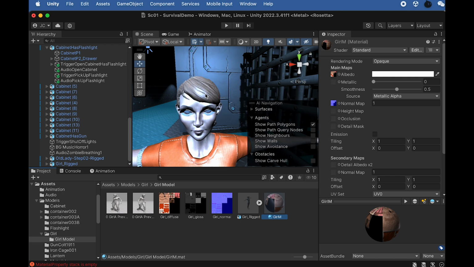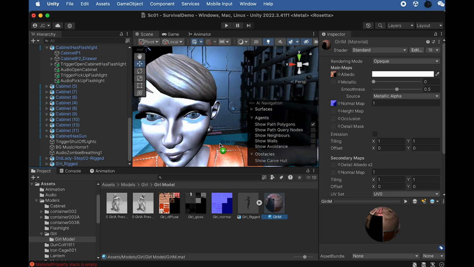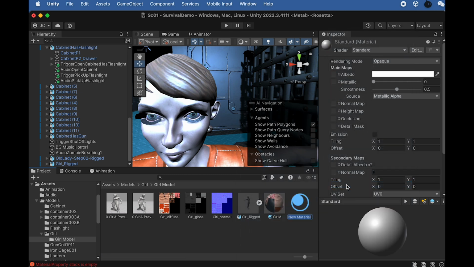but not the eyelash. So I'm gonna show you. No, not the eyelash. Okay, so just the eyeball and the hair. So for the eyelash, we're gonna use a different material because you see this material is not transparent, right? So we will need to create a new material, and we're gonna say girl eyelashes